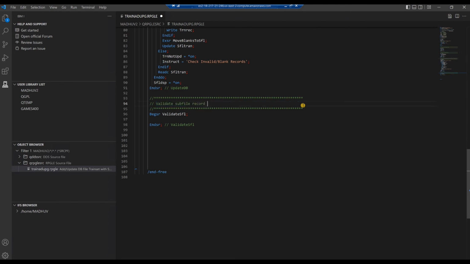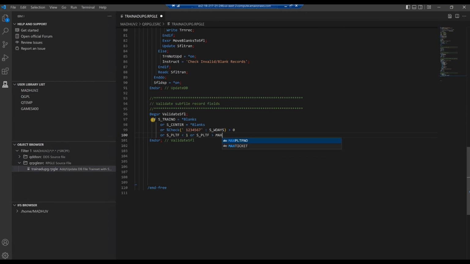Validate subfile record fields. If the train number equals blanks, enter couple tabs, or s_center equals *blanks, or built-in function %check or blank, or 1 2 3 4 5 6 7 valid characters within weekdays. If there are any invalid characters other than space and 1 to 7, all characters are considered invalid. If they exist in weekdays, or the platform number PLTF is less than 1, or platform number is more than